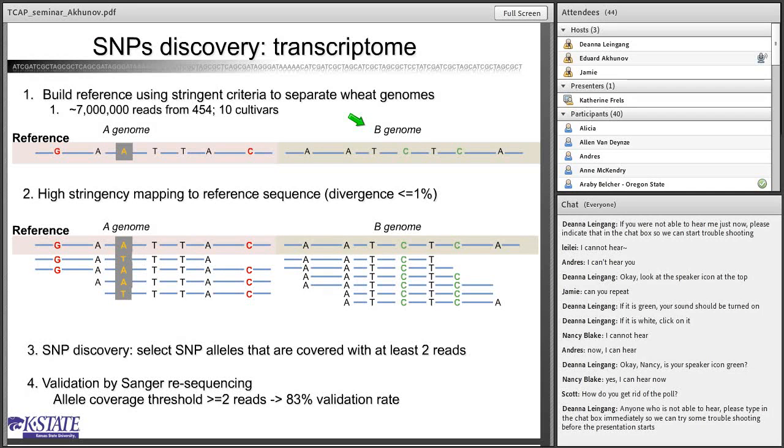first started with building a reference transcriptome, where we used nearly 7 million 454 reads accumulated for 10 wheat cultivars. And when we performed the assembly of this,